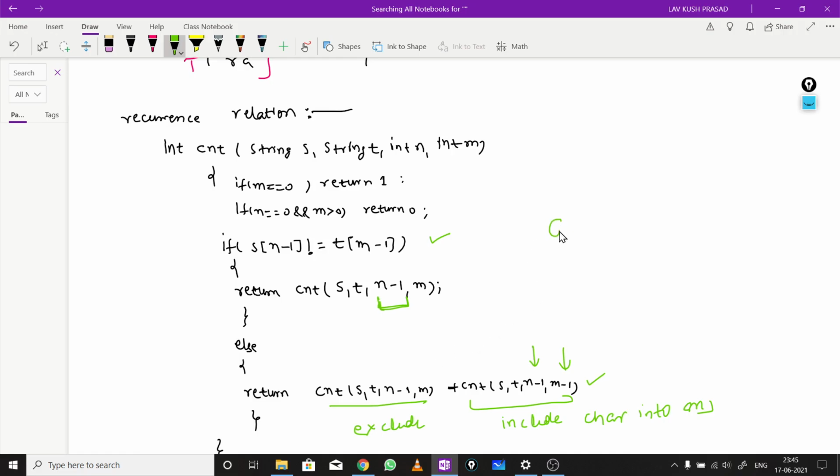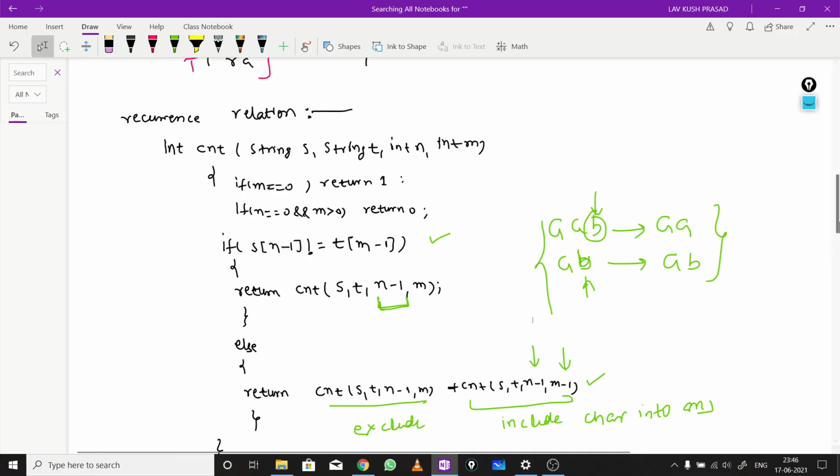For example, if we have ab and ab, they are equal, so we have two options. If we exclude, we can ignore this b, so our s will be changed to double a, and string t will remain the same. So this is the recursion call.